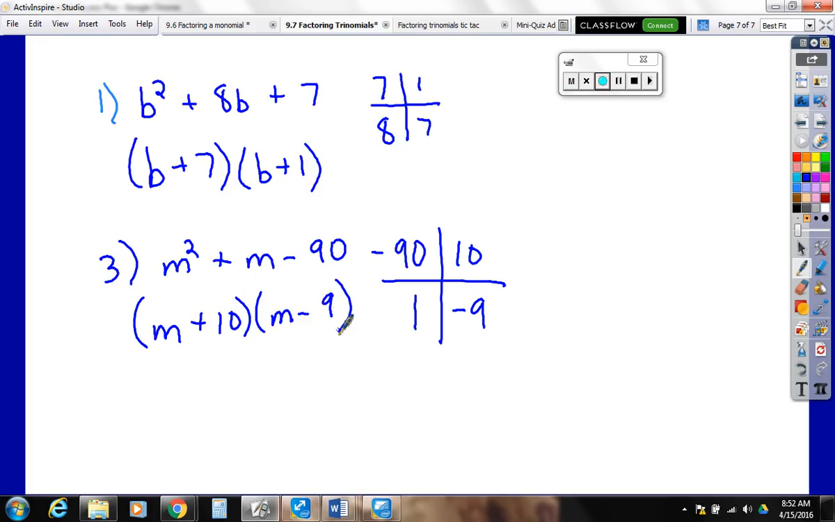Good. Okay, so make sure you have both of these copied on your homework paper so that you have a model, and I would like you to finish this and check half of them. We have to check the ones that we